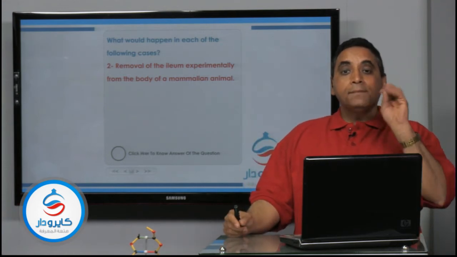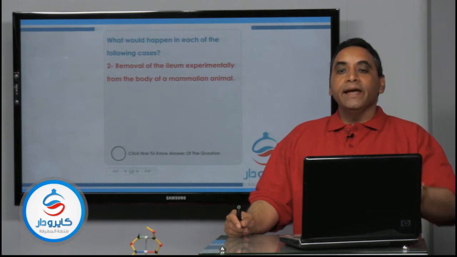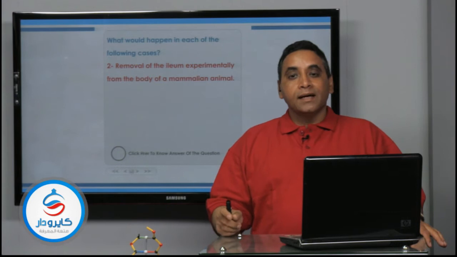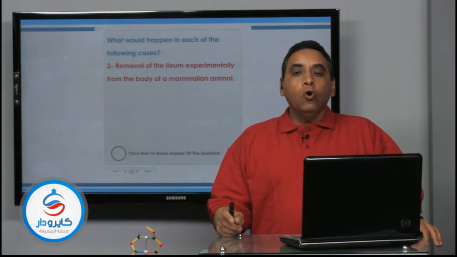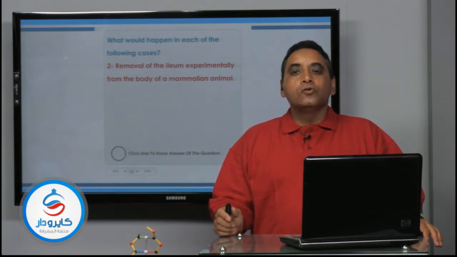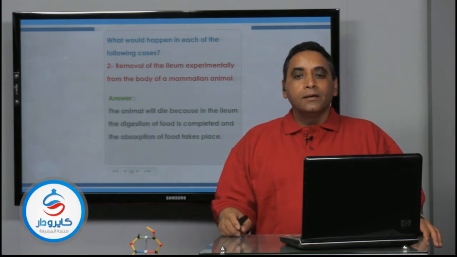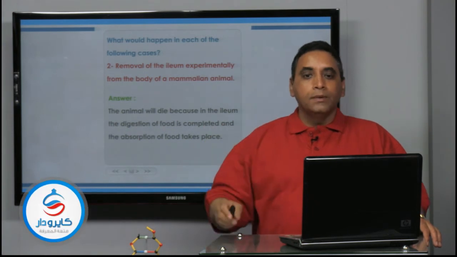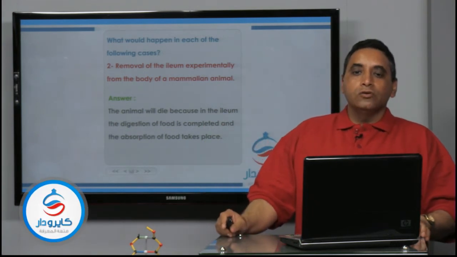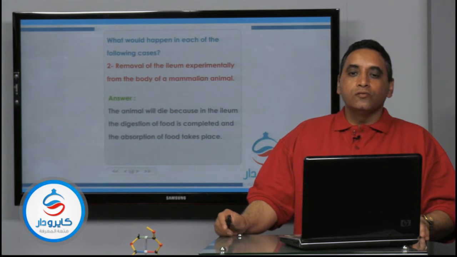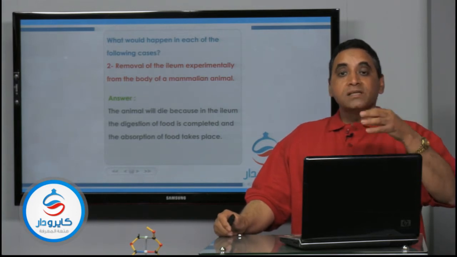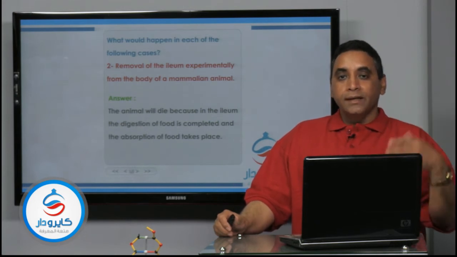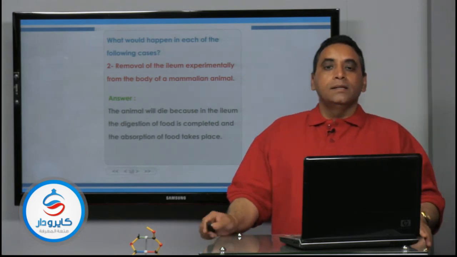So the absence or removal of the ileum from the mammalian animal means the digestion is not completed inside the body and also no absorption of the food takes place. So the animal will die. The answer: the animal will die because inside the ileum, digestion of food is completed and absorption of food takes place. The absorption of food means the passage of the absorbed food material through the blood or through the lymph until it reaches the blood. The next question: